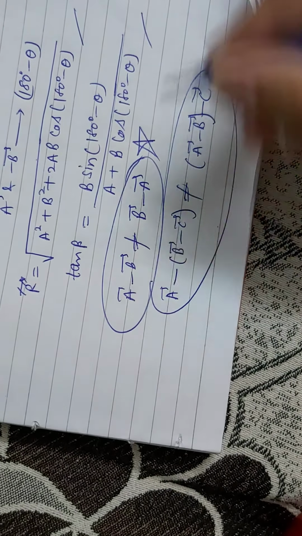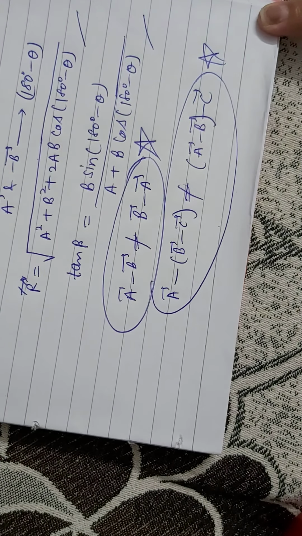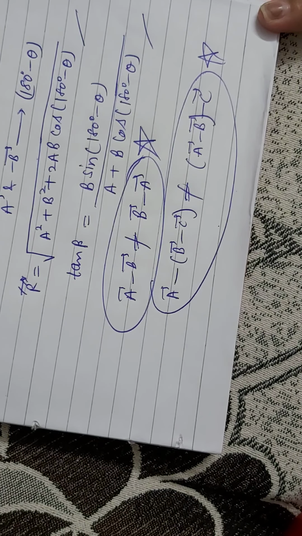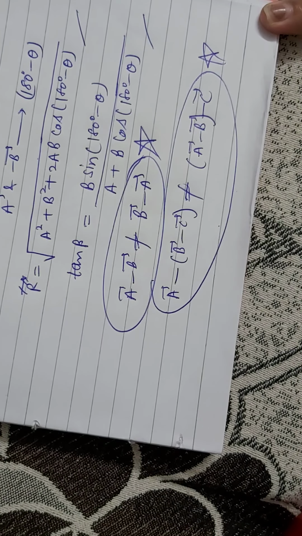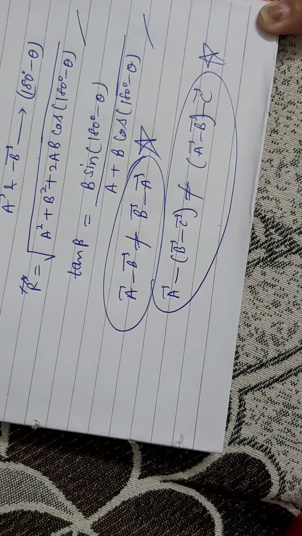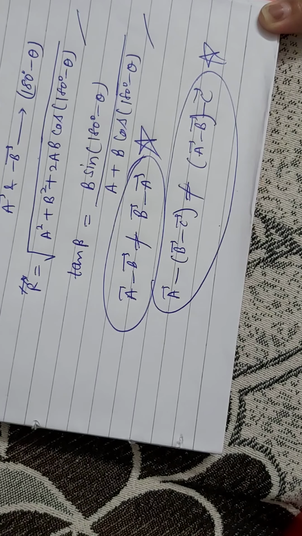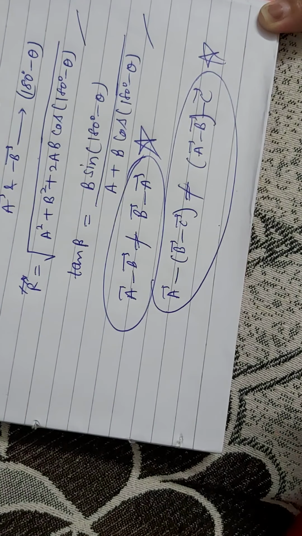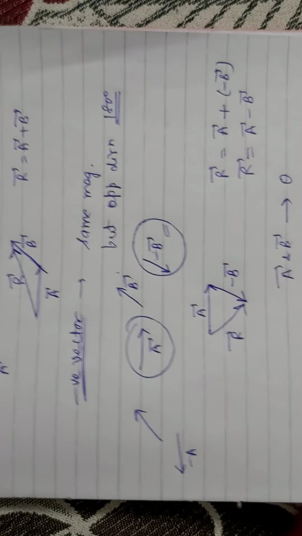Okay. So remember these two things, the facts which we have discussed in the vector addition. Only one fact is going to be applicable here. The first one, two similar physical quantities can be added, or two similar physical quantities can be subtracted. But vector subtraction does not follow the commutative law, and it also does not follow the associative law. So I hope this vector subtraction is clear to you.